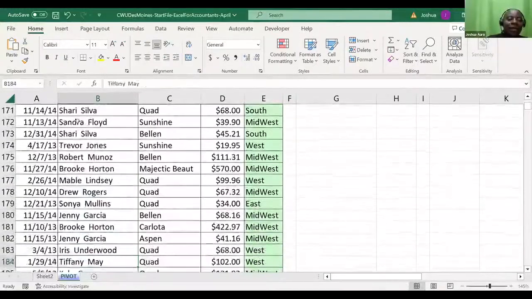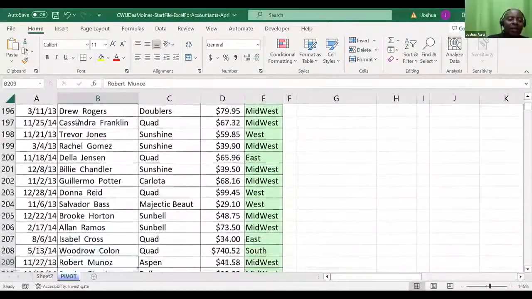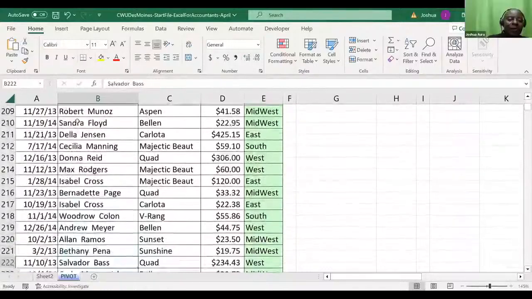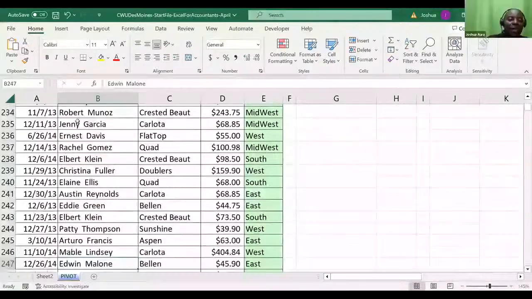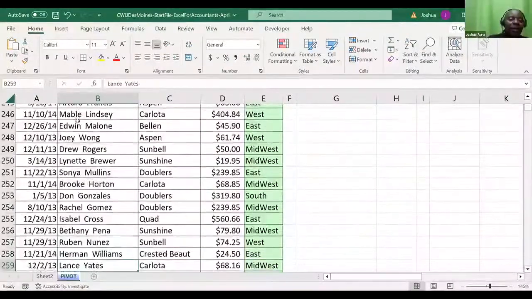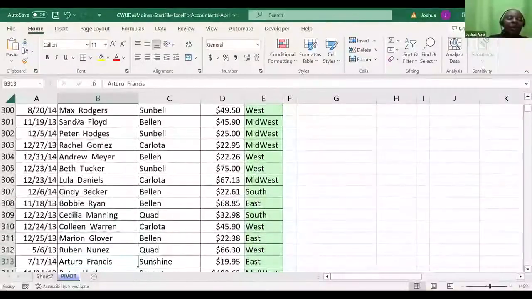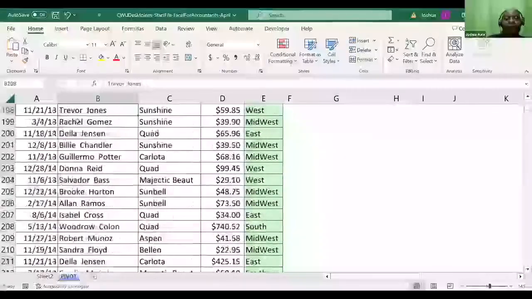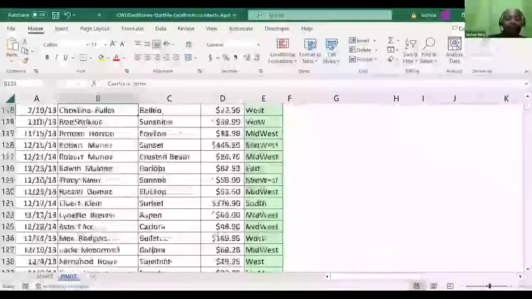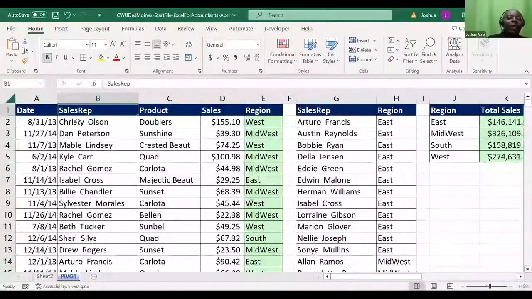But I can see others, ladies and gentlemen, who are coming in twice, thrice, right? I can see some repetitive salesmen who are able to sell many times. My Christy, I can't see him again. But of course, these sales are too many. He must be appearing somewhere, and we can even search for him, but I don't want to go that way. So if I'm given this kind of data, and I'm interested in doing something very simple, just understanding this table, one of the finest ways of understanding this table is for you to come